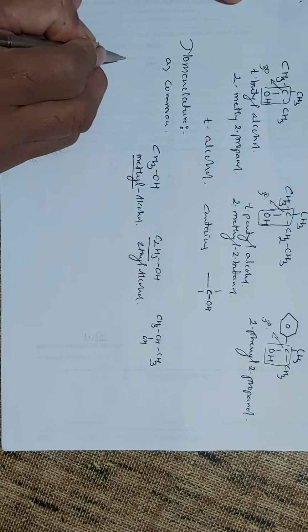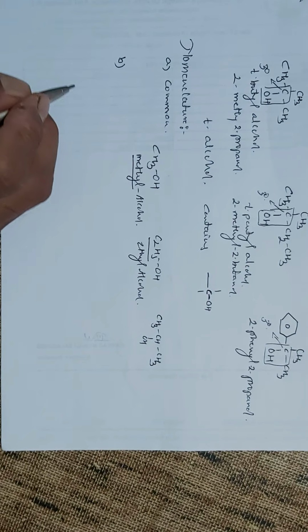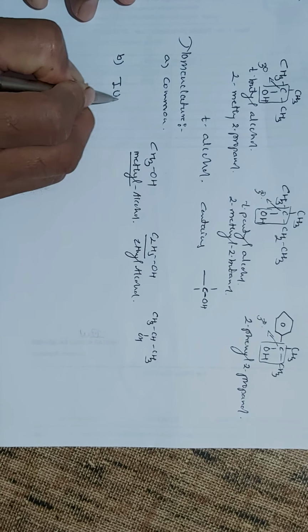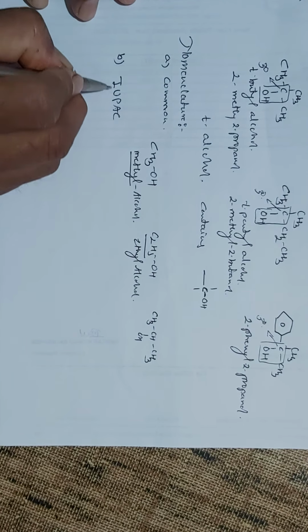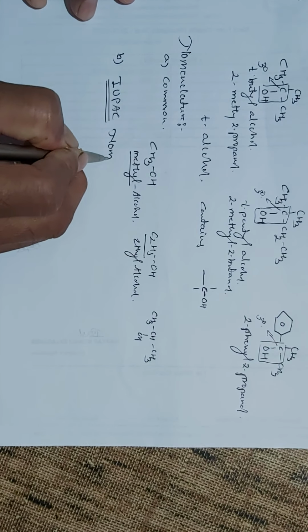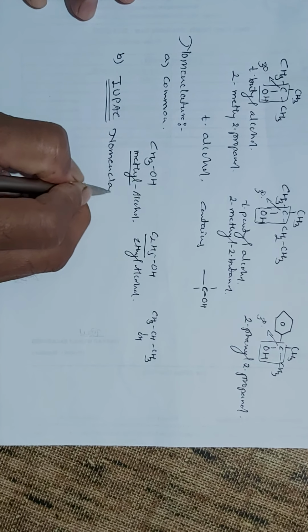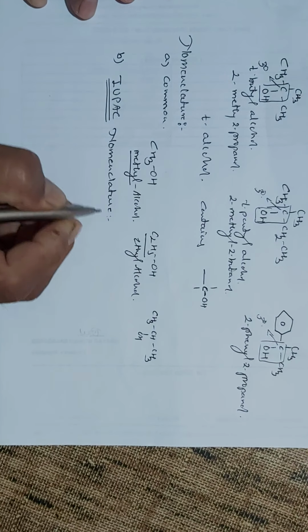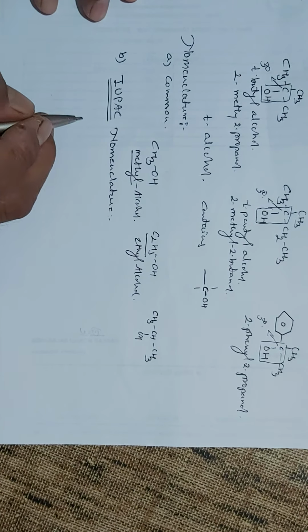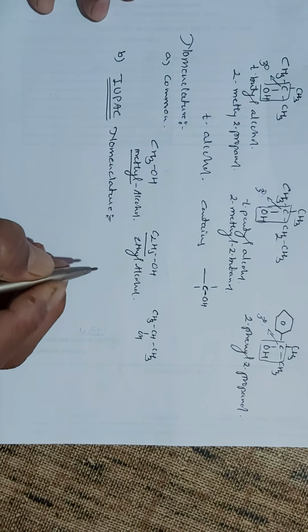But as the number of carbon atoms goes on increasing, it becomes difficult to give the names. That's why scientists developed the IUPAC nomenclature system, which stands for International Union of Pure and Applied Chemistry. It gives the names to organic compounds, and these names are common throughout the world.